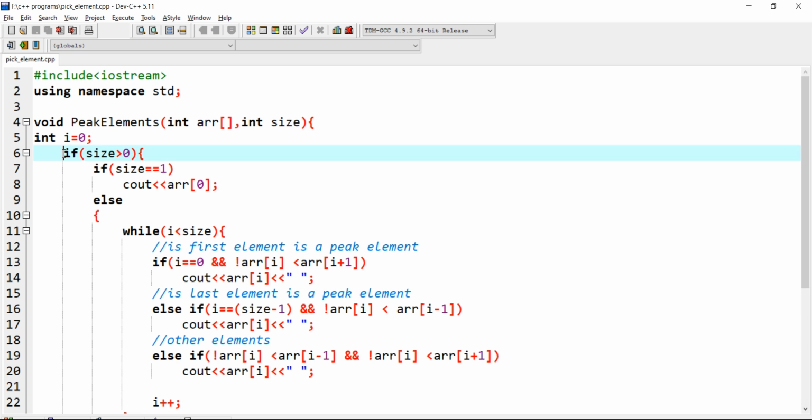Now the first condition is if size is greater than 0, which basically means the array has some elements. It can be 1, it can be 2, it can be anything.